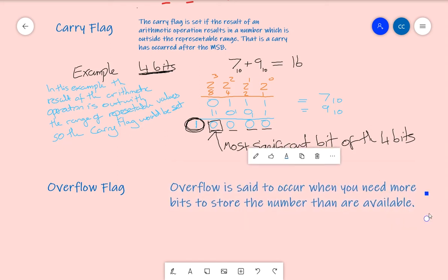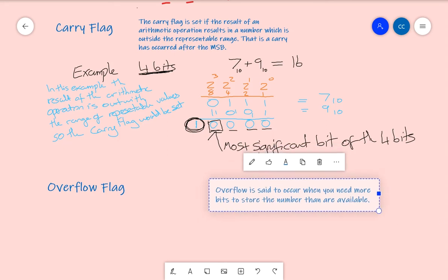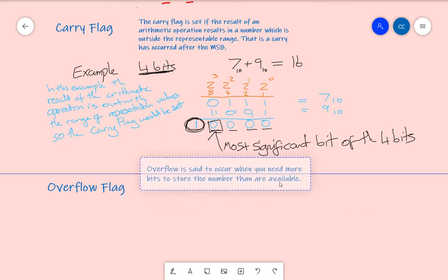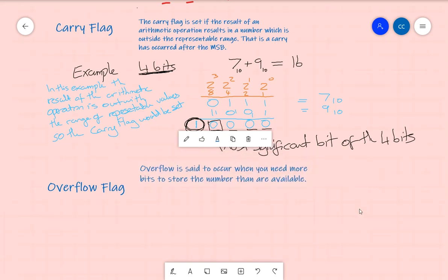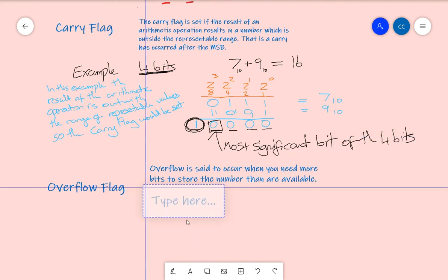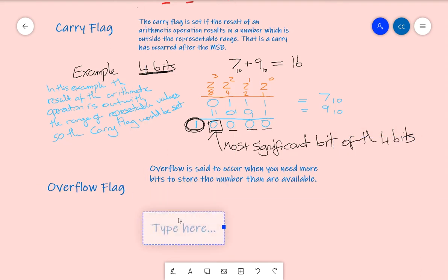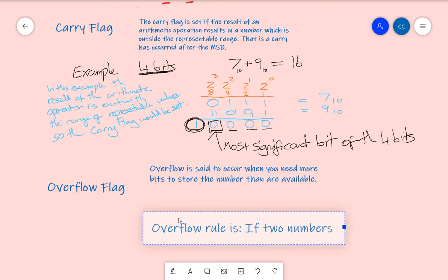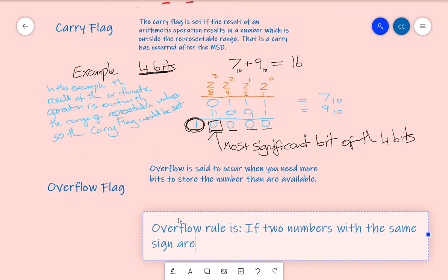Now, what you might be thinking to yourself at this point is, wow, that's the same as the carry flag. But there is a rule attached to the overflow bit. So let's put the rule in next. So the overflow rule is, if two numbers with the same sign are added,